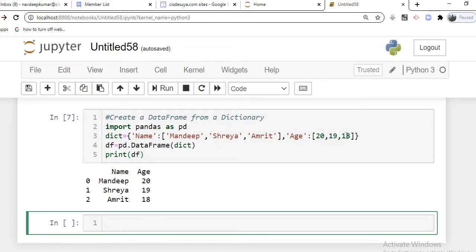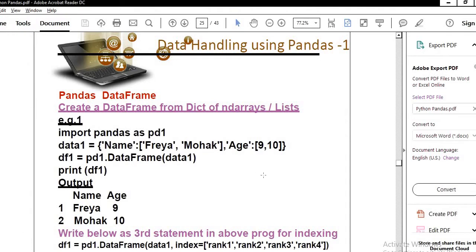Clear? You know that we have supplied the dictionary as a data parameter to the data frame, and in the final step we have displayed the data. So students, here we have learned yet another method of how to use a dictionary for creating data frames.